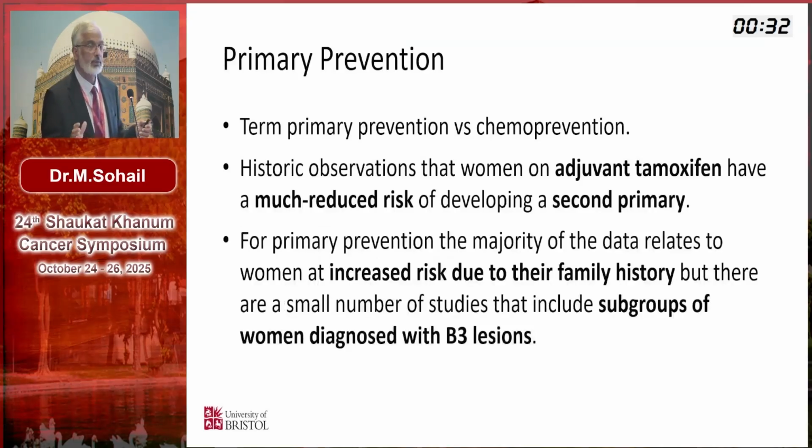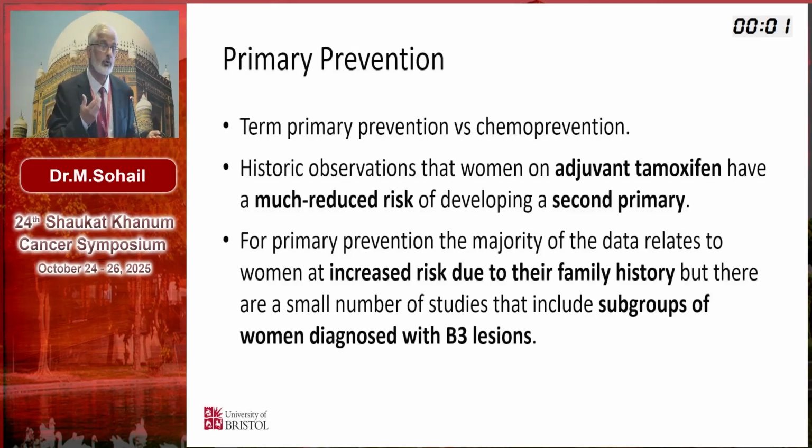Now, these guidelines are slightly different from all other guidelines because they have given certain other measures to prevent breast cancer in those cases. They talk about primary prevention, and they say the word chemoprevention should not be used because it gives you the wrong thinking that this may be some systemic chemotherapy, whereas here only hormonal treatment is given. There's no specific evidence within the B3 lesion, but the basis is that we give adjuvant treatment in breast cancer patients and have seen that there is a reduction in second primary in those cases.